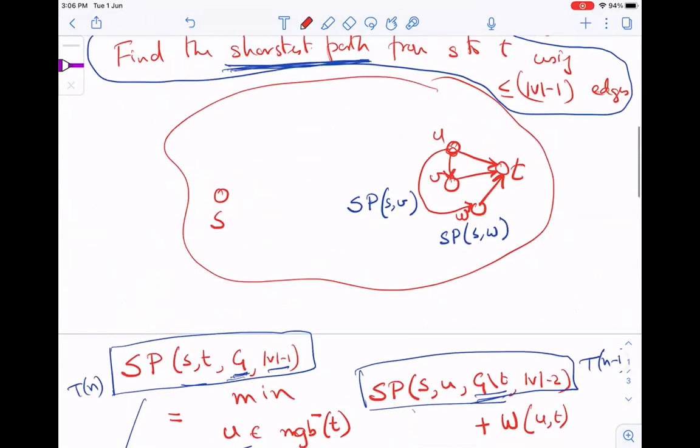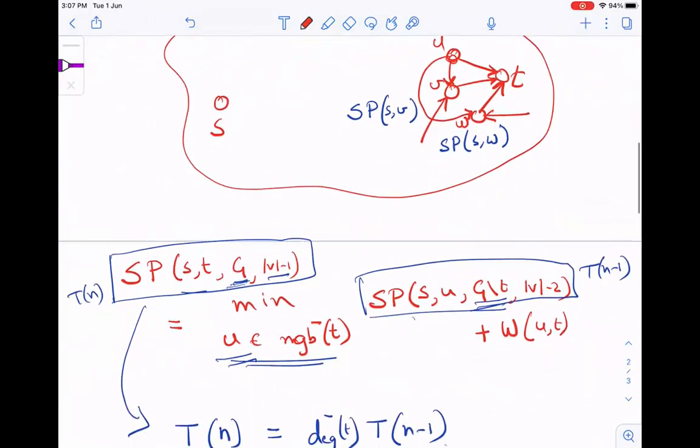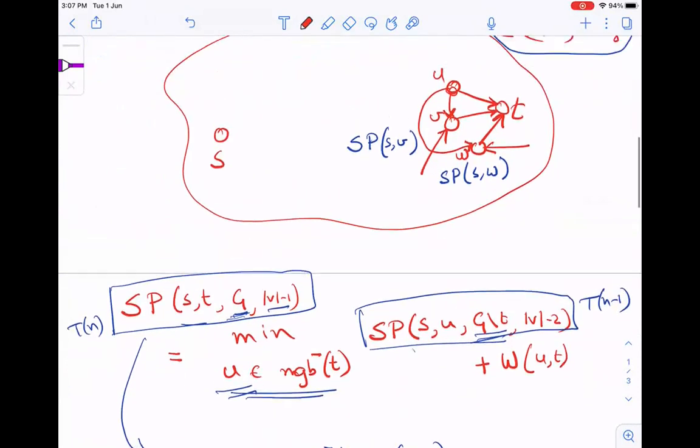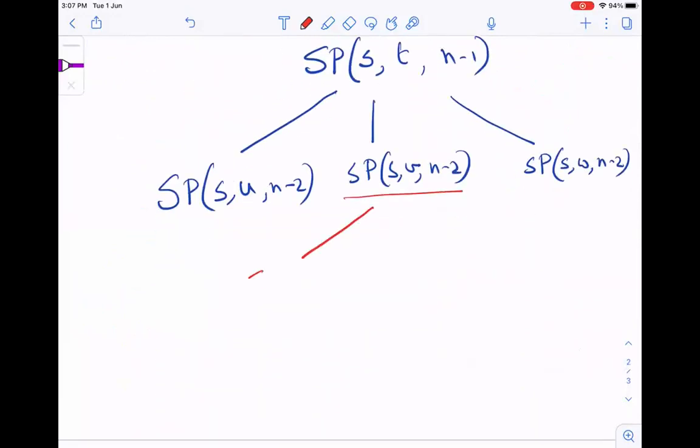Maybe that V has some other edges. Maybe W also has some other edges. But one of the edges is from U to V, right? So U is an in-neighbor of V. So in that case, I will have SP(S, U, N minus 2) here,